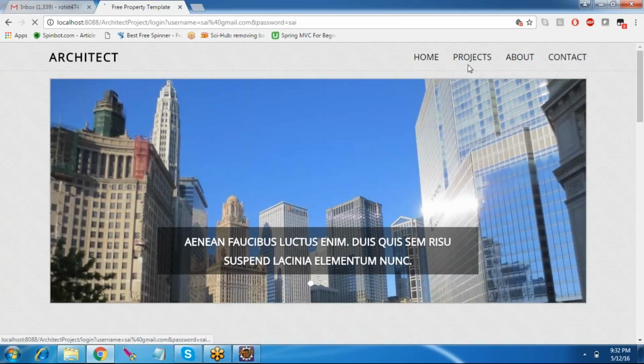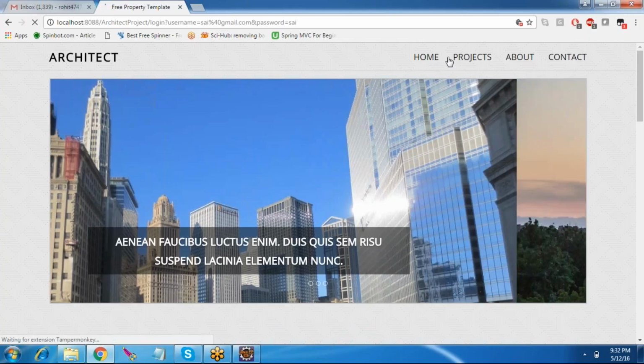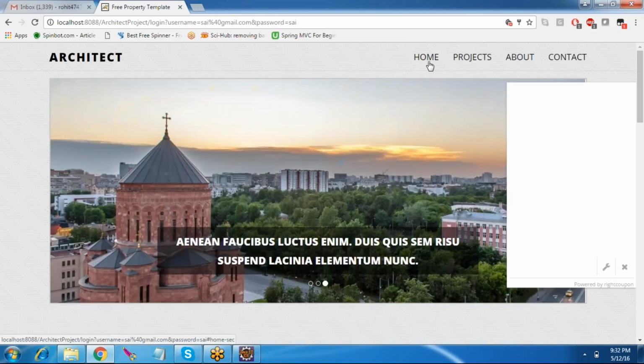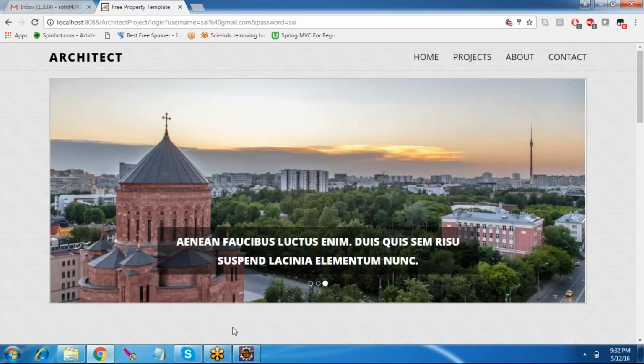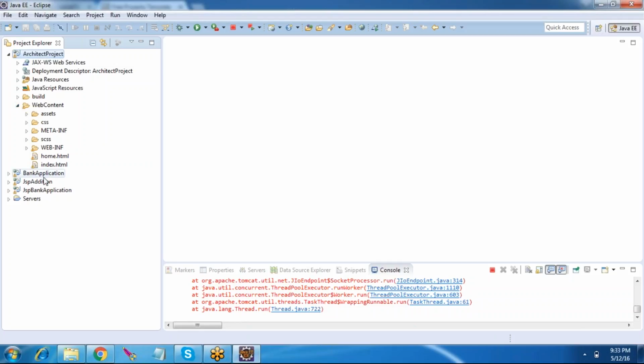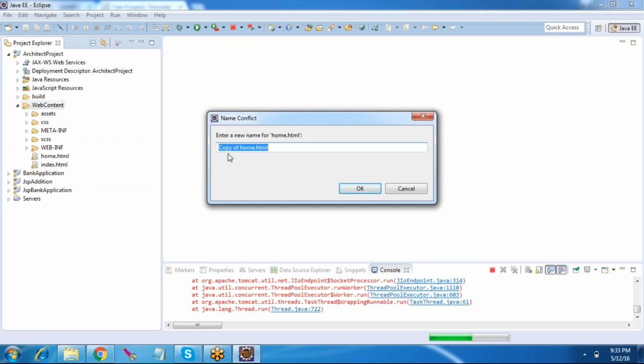So now in this I need a project like profile. When I click the profile, it should display the home, along with that home the profile details of a particular user. So what I am trying to do now, the same page is already there. Like here the home page is there, right? In the home page I want only the profile page now, right? So copy this and paste it here itself, like web content. So what is happening, I'm changing that copy to